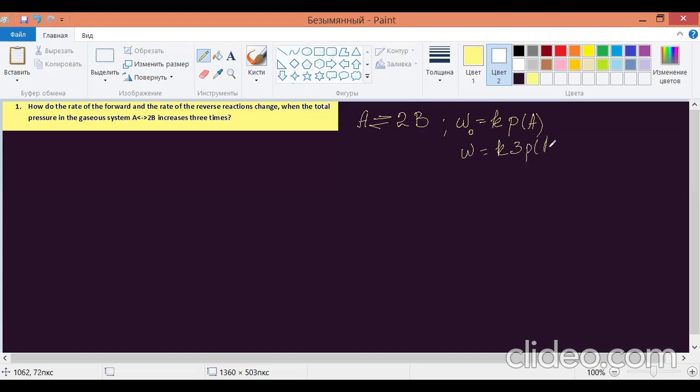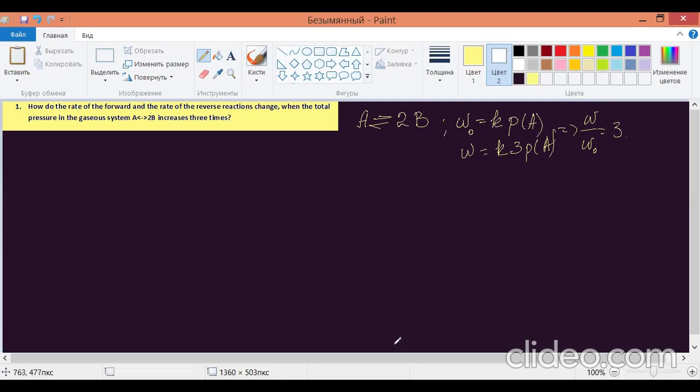the pressure of A increases 3 times as well. For that reason, we can clearly see that W over W sub 0 is equal to 3. And we can say that in this case, the rate of the reaction, and we're talking about the forward reaction, increased 3 times as well. Well, physically,